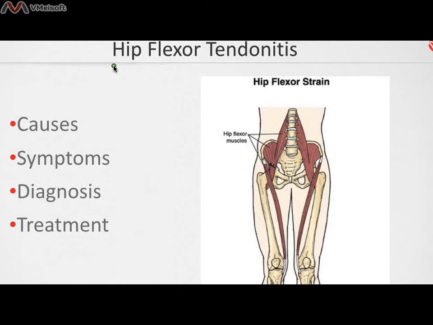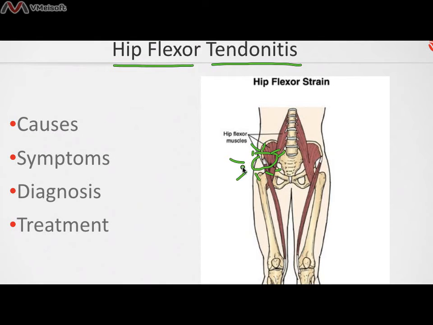My name is Anish, and today we're going to talk about hip flexor tendonitis. Now, hip flexor refers to the number of muscles that are in this area called the hip flexor muscles, and the tendonitis refers to the parts of these muscles that attach to the bone. And so what happens in hip flexor tendonitis is that these tendons get inflamed by overflexion or some other mechanisms